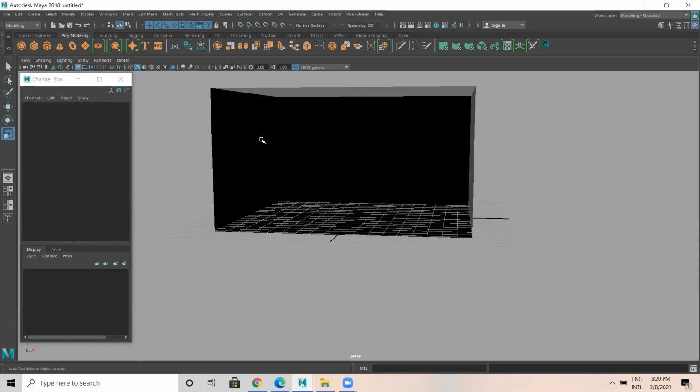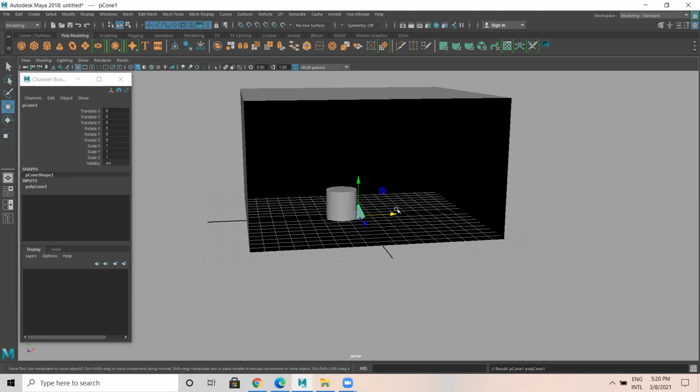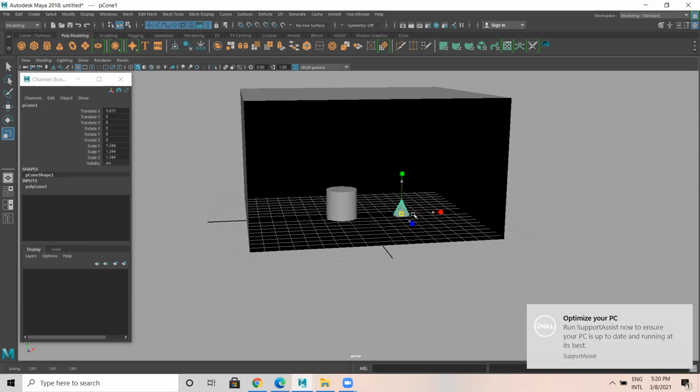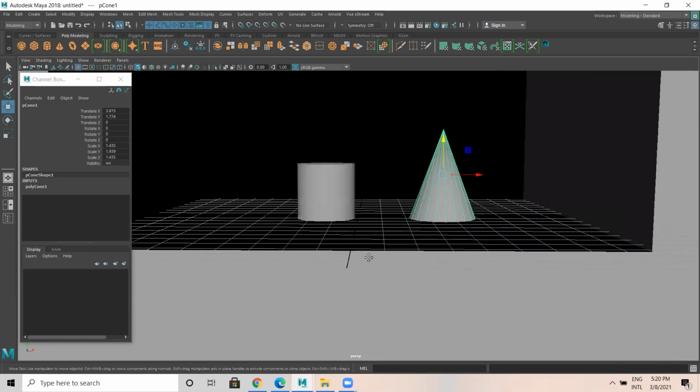object. Take a cube and delete one side face. Then I'm placing a cylinder here and a cone here. Something like this.